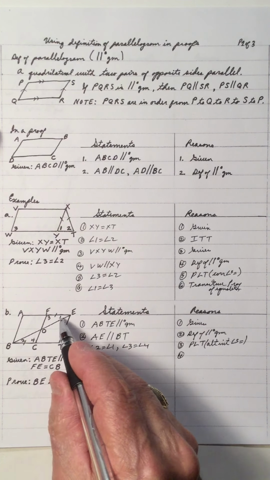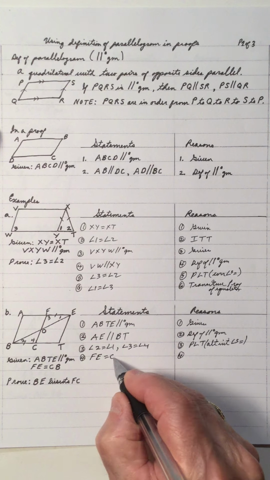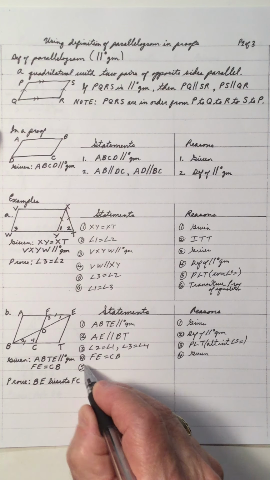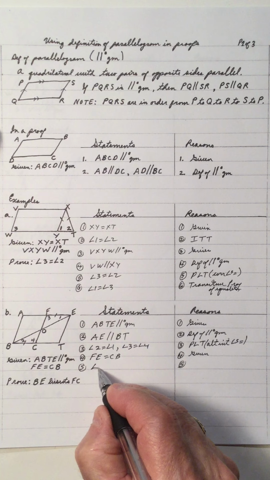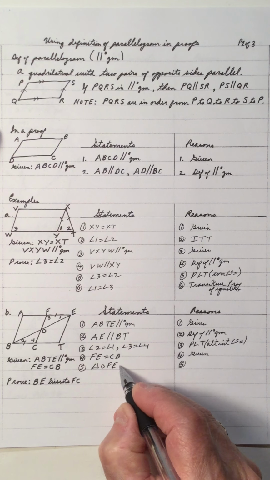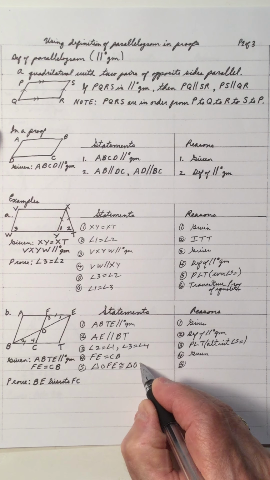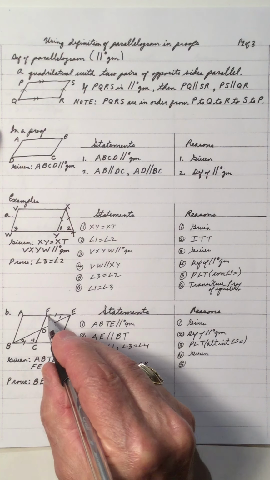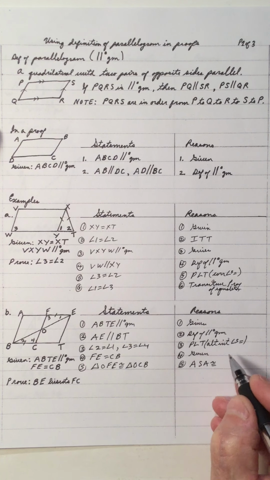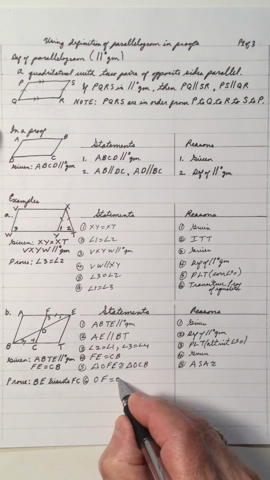And number 4, now I have 2 angles, I need a side. So FE is equal to CB. FE is equal to CB, given. And as a result, I have the triangle. I'm going to go OFE is congruent to OCB. And it's an angle, side, angle congruency. And as a result of these triangles being congruent, I have OF is equal to OC,